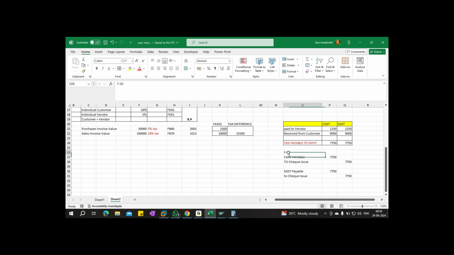That's it. Right. Now understand, first I clear the excess value to the government. What's the transaction code? F-03.